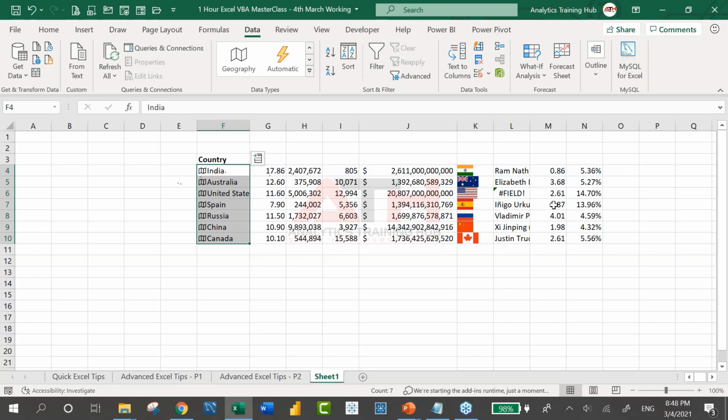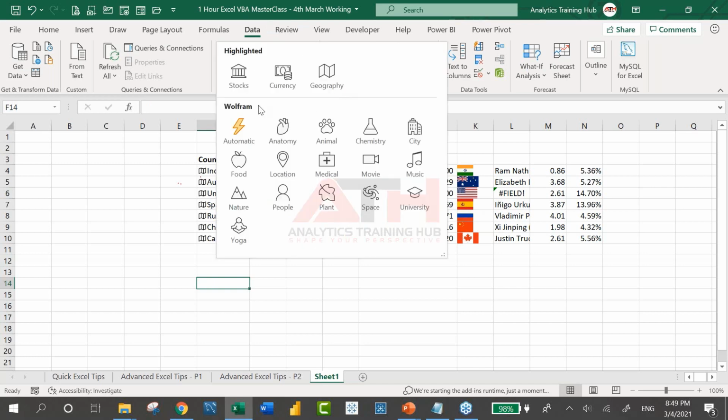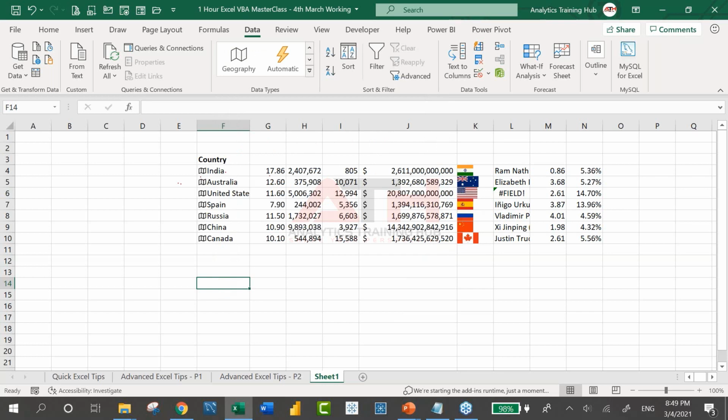Forget it. You do not have to do it. In fact, let me just show you here. We have more data types. Say if you wish to know about someone, let's say we all want to know about Mukesh Ambani. He's a known personality, right? One of India's biggest business tycoons.